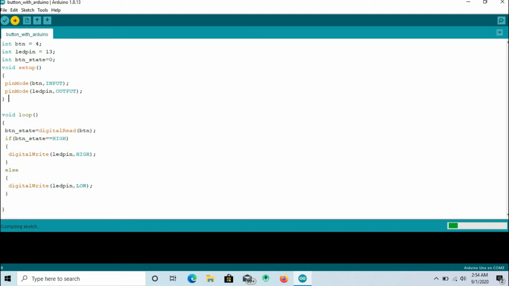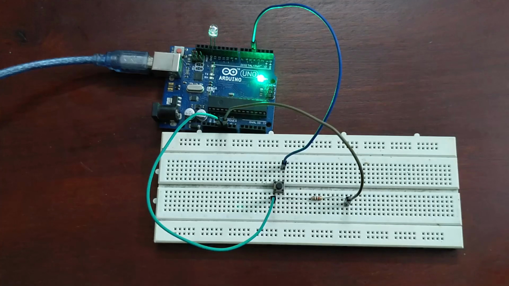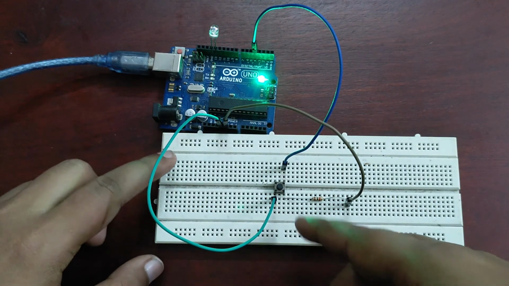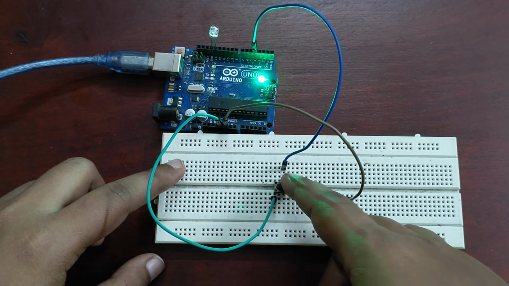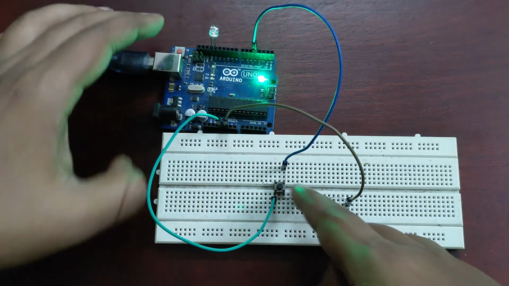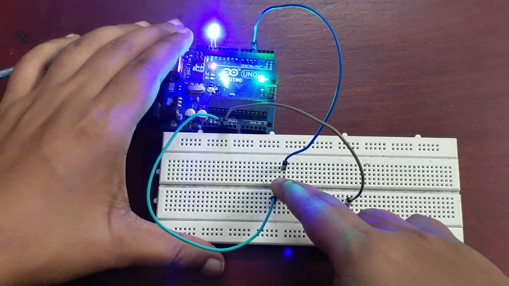Now I am going to upload this code on my Arduino board. I uploaded my code on this Arduino board. Now I am going to press this push button. Here you can see this light will glow up. So here you can see